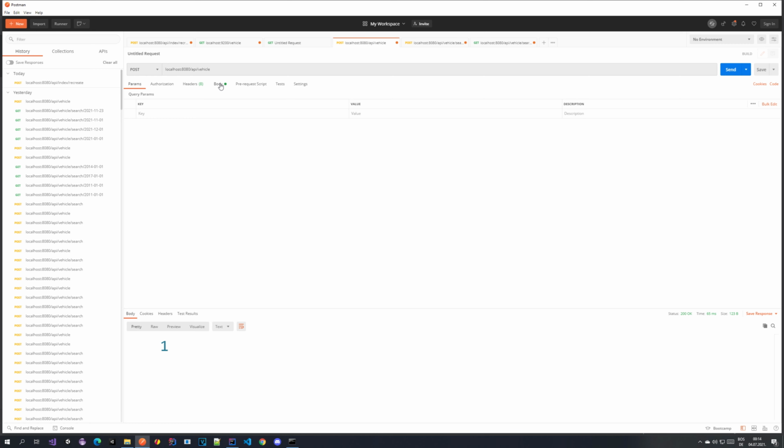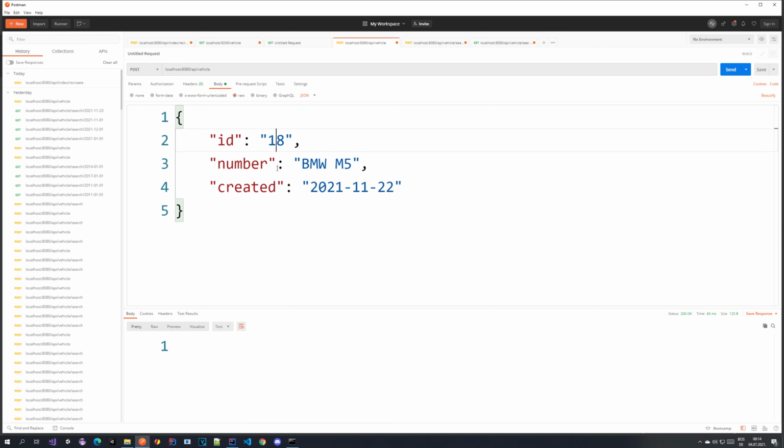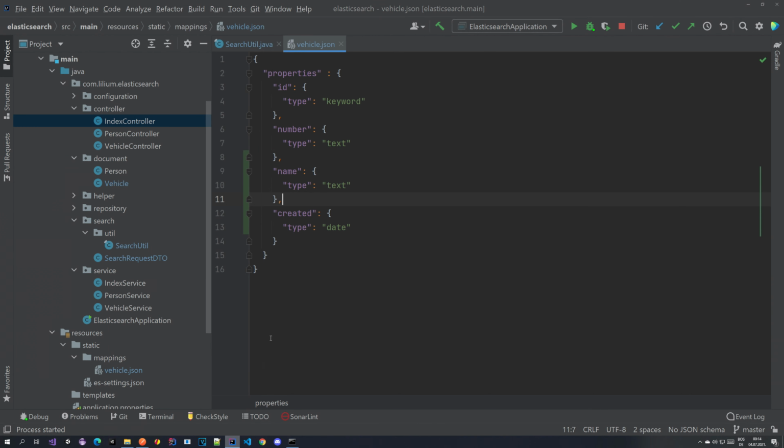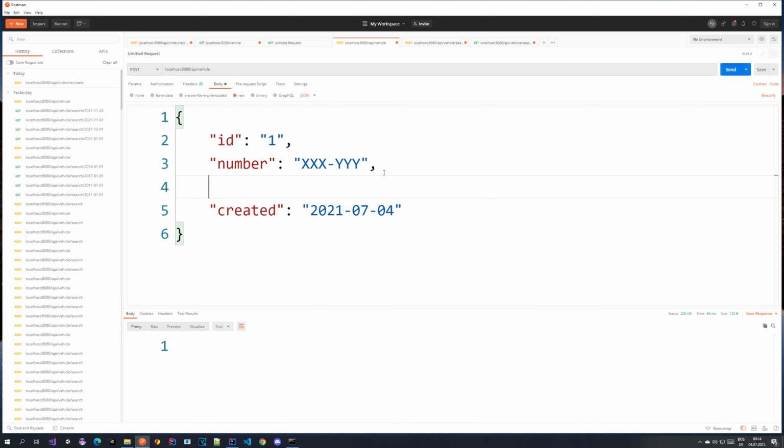Then let's see what we have here. Okay, so we want to create some vehicles. We have the ID, we have the number, which will be something like a license plate. So let's do something like this. Then we have our created timestamp, where we can set the date. So for example, 0704 is today's date. And what else did we create? The name. Yes, so we have also the name. So let's add that